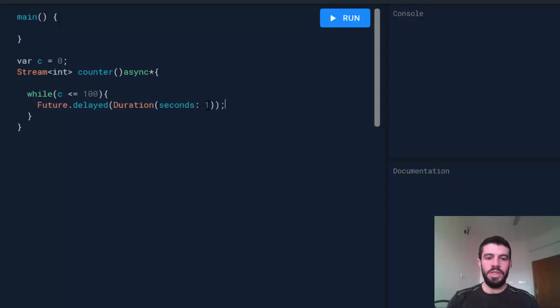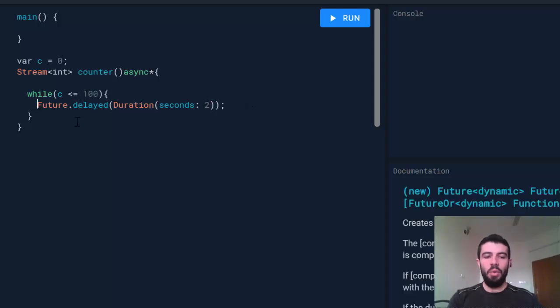For example, 1 second or 2 seconds. After 1 or 2 seconds, I have a data here. It will take a time, right? So I should add a wait. So here, await, right? I'm waiting for this data because that function takes a time. After that, I should return something. For example, here return